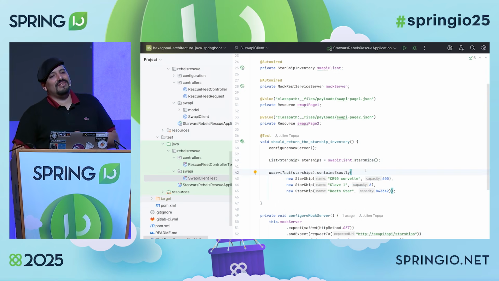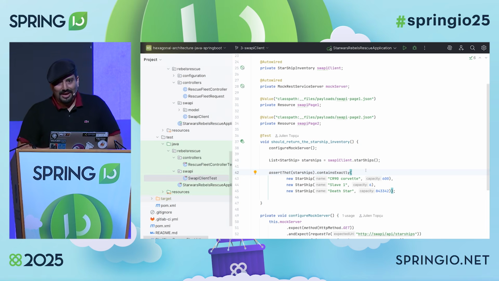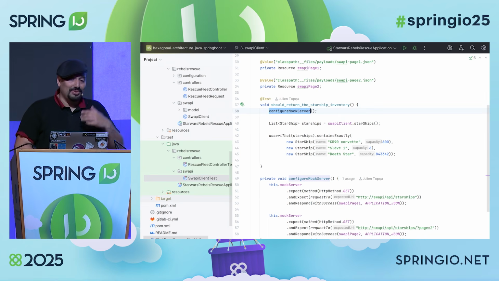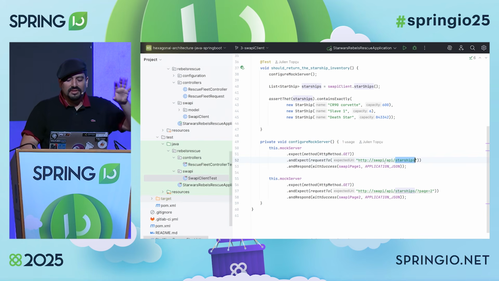But remember, Swappy is an existing web service. And as you may know, it's not a good practice to be dependent on an external web service in your CI/CD, because one day maybe they will be unstable, like an expiring certificate, and your test will fail continuously, right? But fortunately, here, I have a mock server, which is a best practice that will simulate Swappy. So here, I'm simply reproducing the Swappy API. That mock server should expect a get on the Starship method, on the Swappy base URL. It should return with success a JSON containing a Swappy extraction I've made.